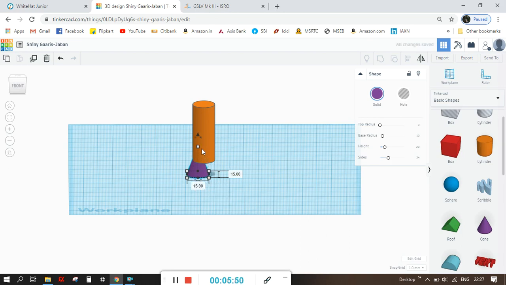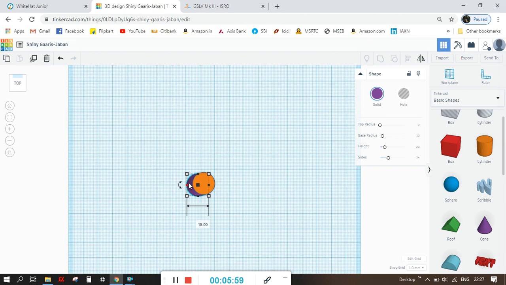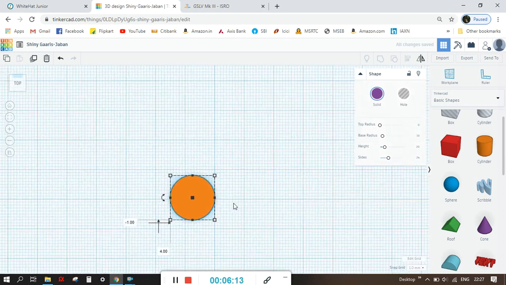Okay, then if you want to lift it up, you can just use this triangle, right? We'll go to top view. Now we want to put this below the cylinder, right? So they should coincide. So you can see that the cone has been selected. You just have to click on that cone and move it and make sure that it is perfectly coincided with the